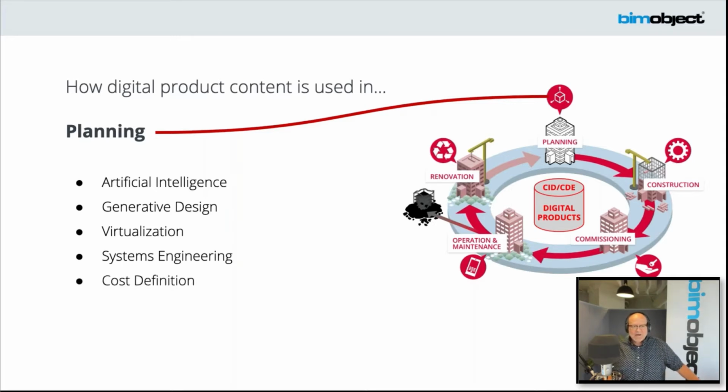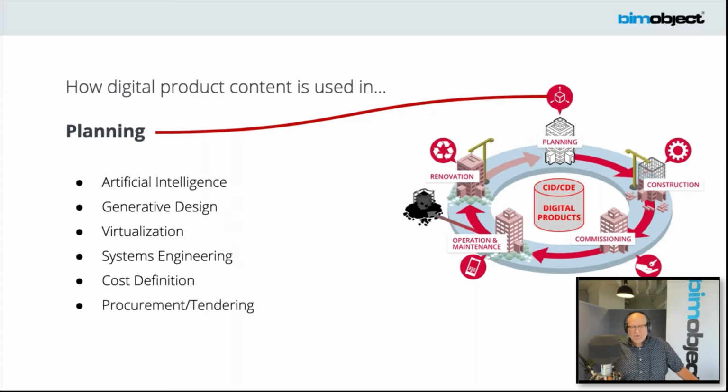Cost definition. This is a Holzerism. When I was part of developing the U.S. National BIM Standard, I proposed, but I was too late to get it in, that we do a word search and replace of estimating with cost definition, because with digital content, there is no more estimating. Estimating only belongs in a real early feasibility analysis. Beyond that, we have content. We have a digital facility that we can extract and query for a 32-story office building, how many drywall screws are necessary to complete that facility. So cost definition is another big place that's happening.